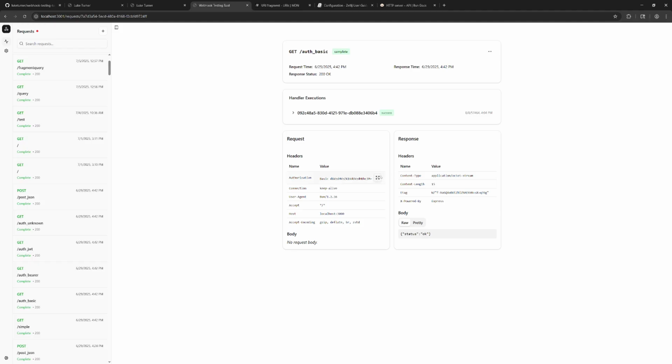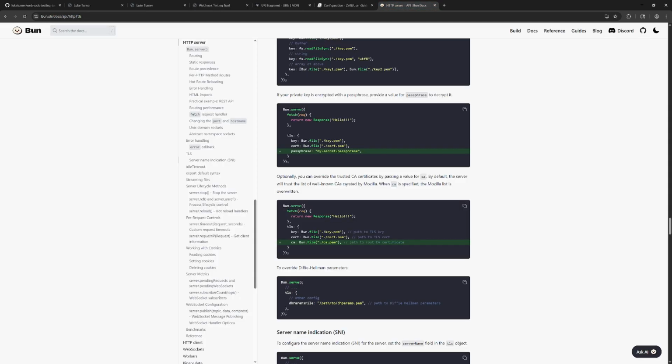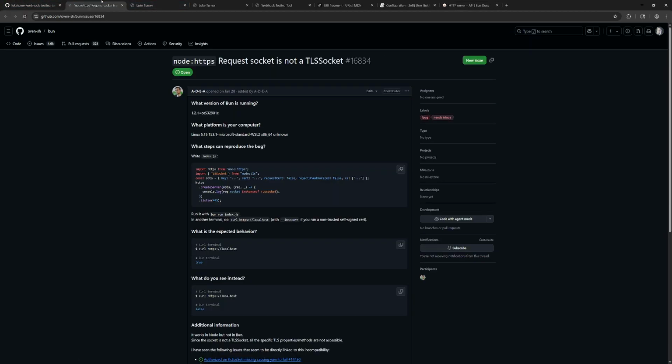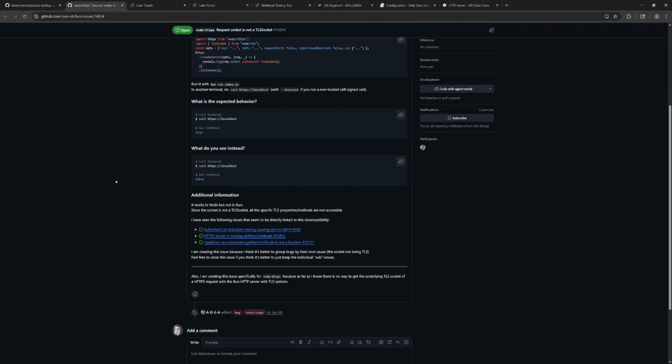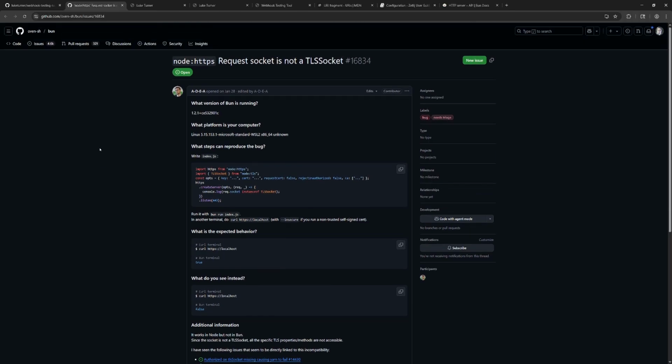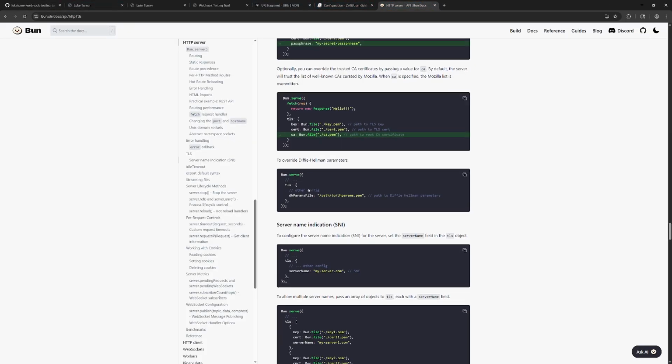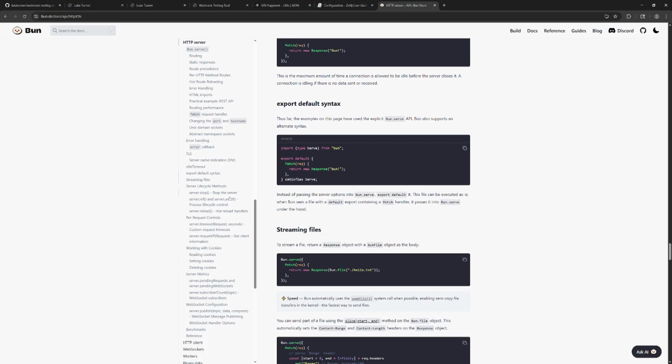And one of the things I want to inspect is like, okay, what cipher did you decide on? What were the ciphers that were the options? Like, what's the certificate that's being used? You know, those types of things. But you can't really see any of that in Bun. Apparently, there's an outstanding issue where you can't retrieve the TLS socket info. So it supports TLS. You just can't actually inspect it, which is kind of the whole point of this app. But anyway,